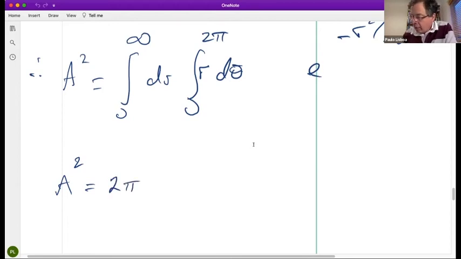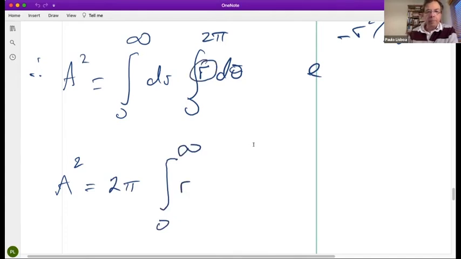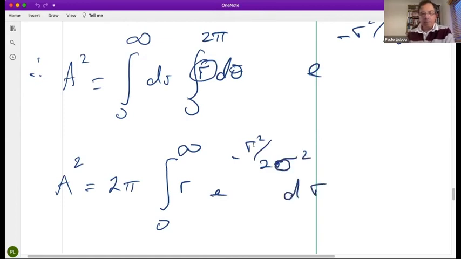And the r integral gives us the integral from 0 to infinity of r, which is that r over here, e to the minus r squared over twice sigma squared dr. Okay, and that's very handy because this is an integral that we can do, because you have this drop-down term r that allows us to integrate the e to the minus r squared. Okay, and when you do this, what you get